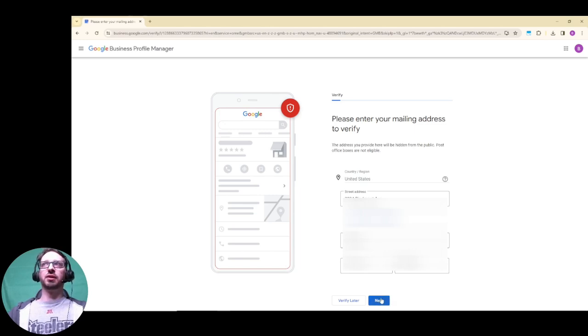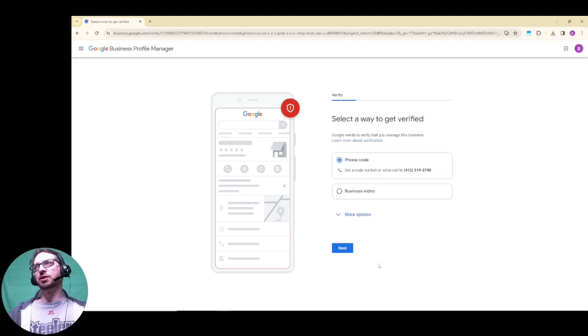And that's what we call the verification process. If you have an agency account and you have like 10 profiles under it, typically you don't even have to go through a verification, but in this case I do because I'm registering it under the business's dedicated Gmail account. In this case, they're actually just asking for a text or phone call, but I have seen them mail postcards, and you have to wait like 3 to 5 days for the postcard. Then you plug the verification code in later to